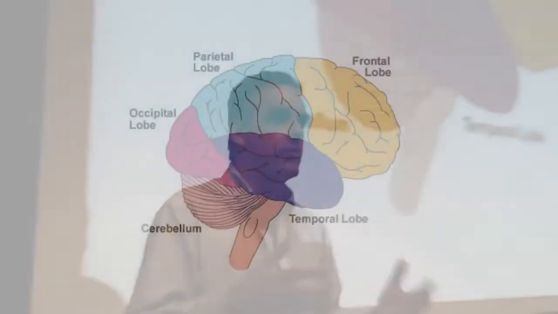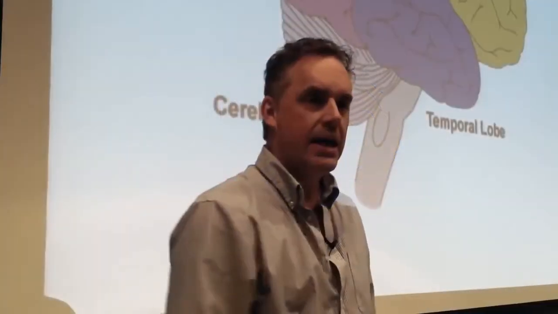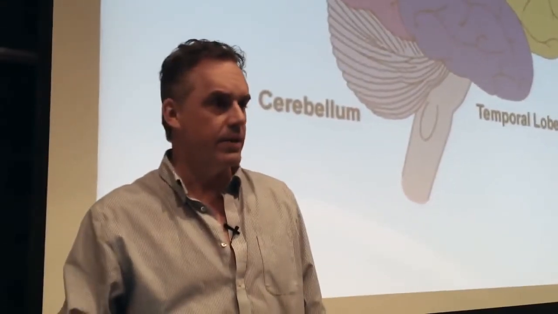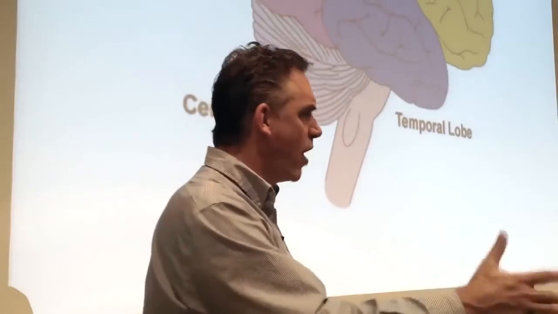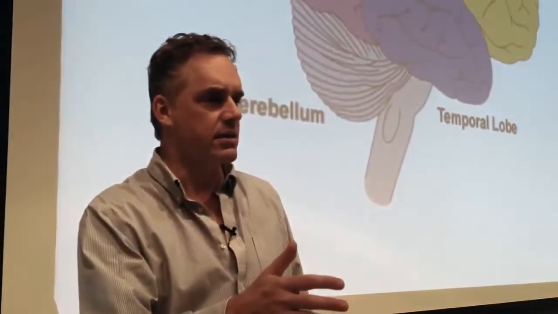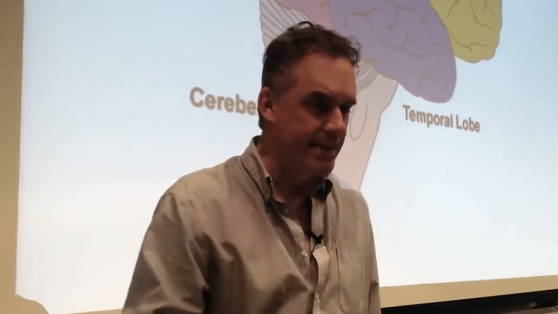So here's some rough divisions. You've got your cerebellum. That cerebellum, we don't know what the hell that thing does. If you don't have one, you get all wobbly. But there's more neurons in the cerebellum than there are in the rest of the brain. So, like, is it just making you not wobbly? It seems like a tremendous devotion of resources to something that's relatively simple.